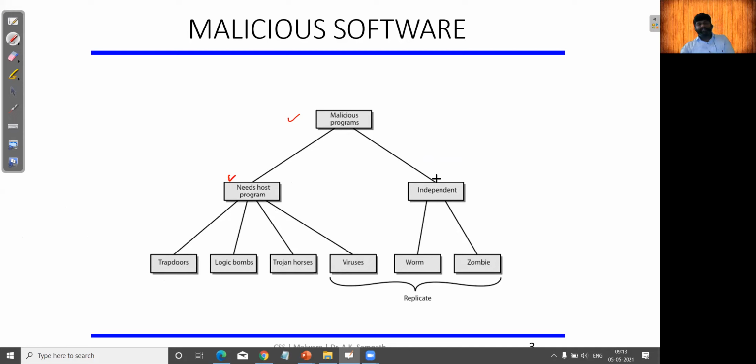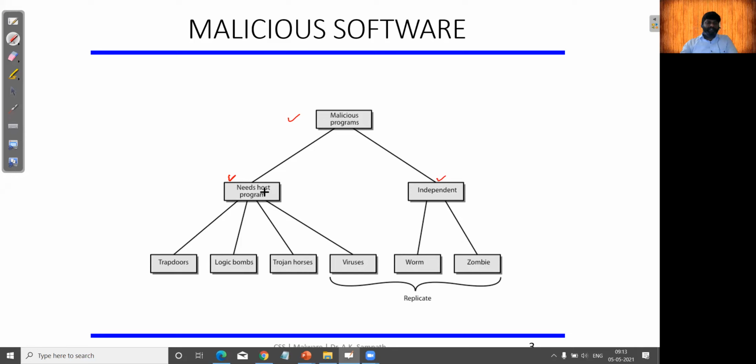The other category is independent malware, which does not require any other action or resources to propagate, so it can start self-replicating and propagate to other devices.